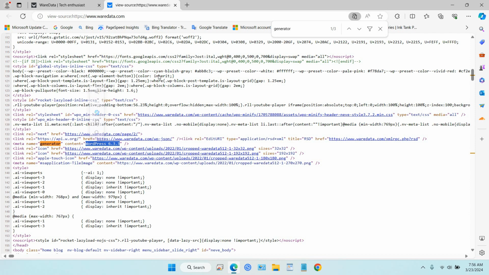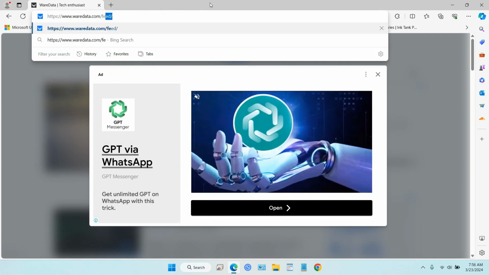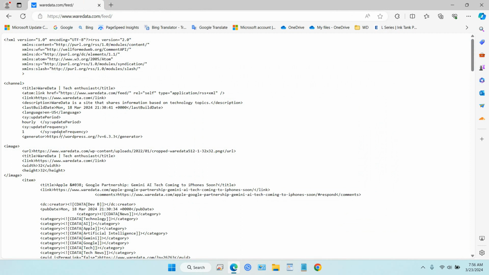And the second, you can use feed by adding feed to the end of the URL, and you can see there is also a generator in here. After the generator, you can see the version v equal to 6.3.3, and very easy. And if these two methods do not work, you can try scanning the WordPress version with